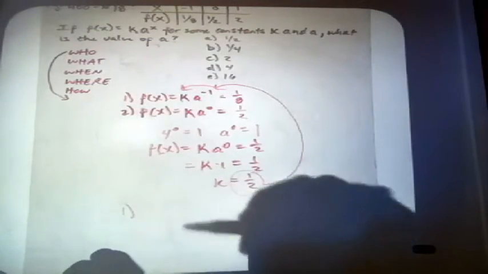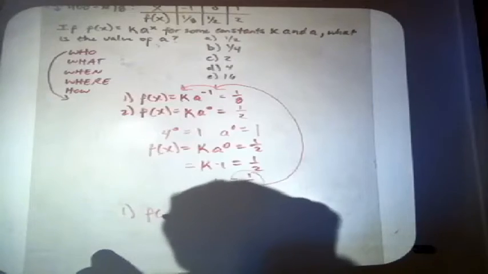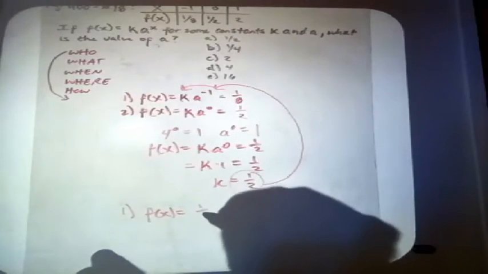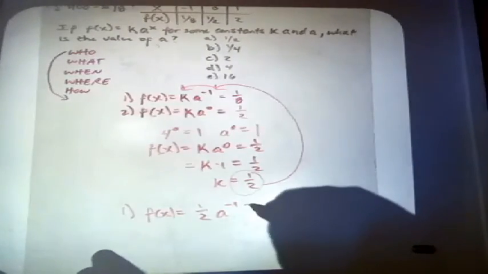I'm going to label it again. We're using equation number 1, and I'm going to plug in 1/2 for k into that equation. So I'm going to get f of x equals k, which is 1/2, times a to the power of -1